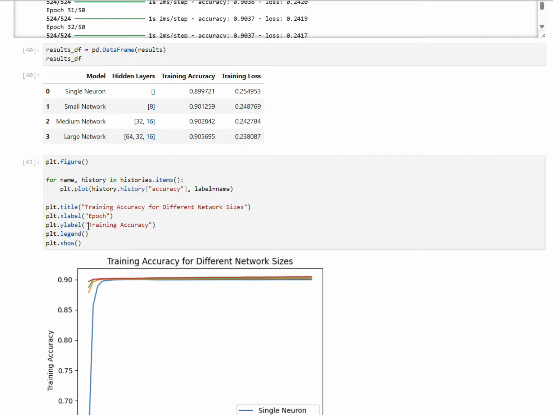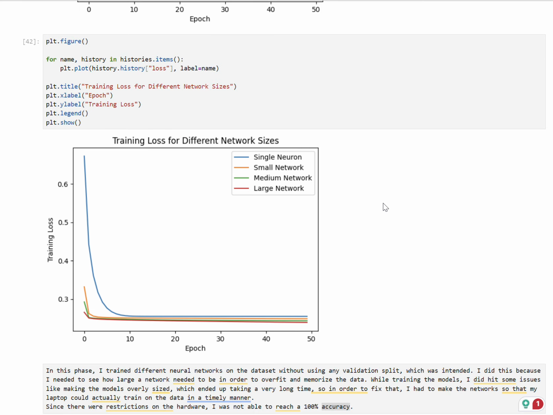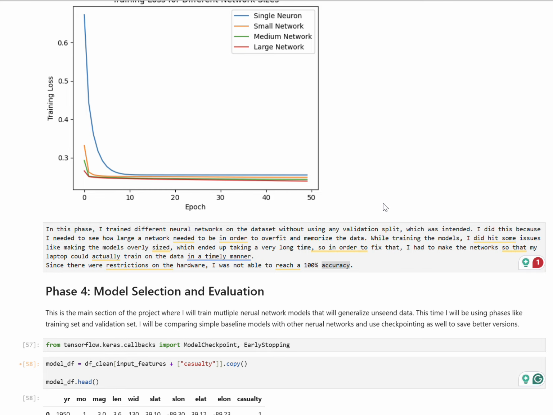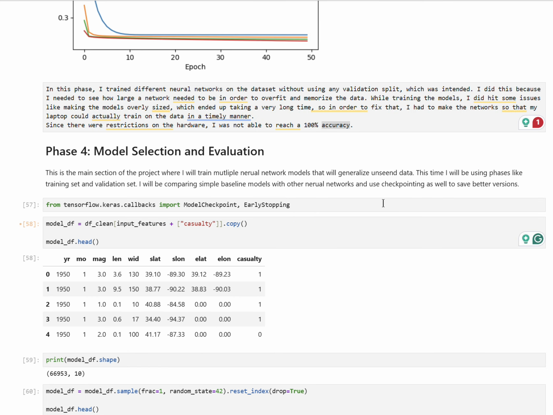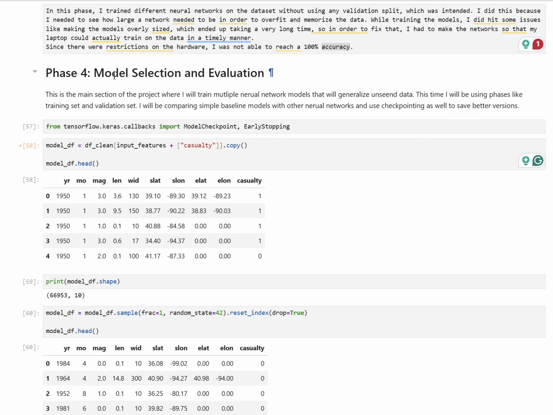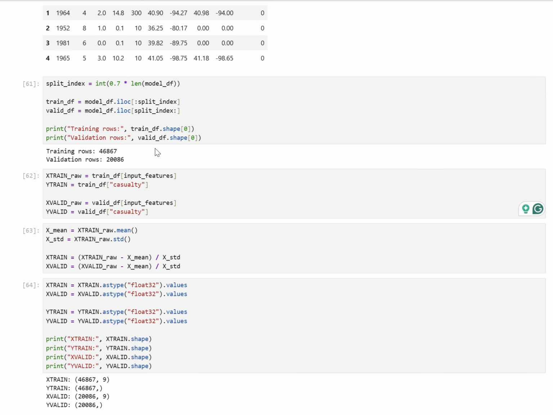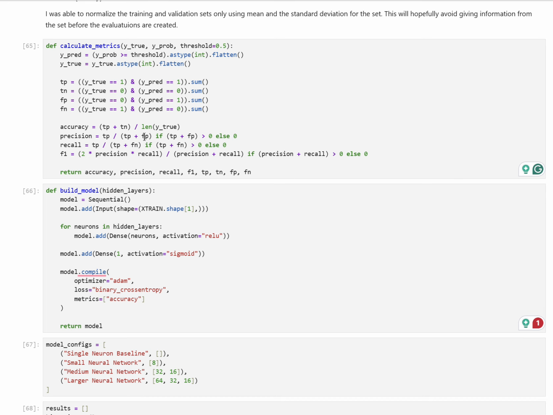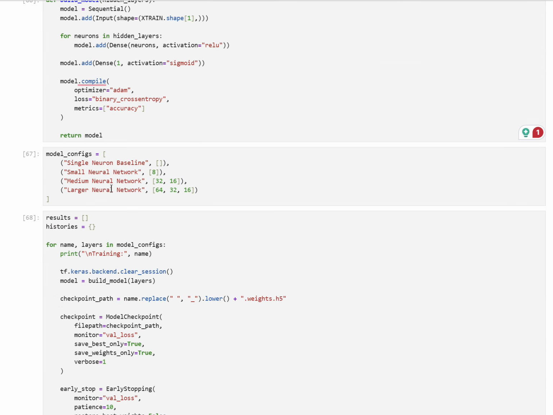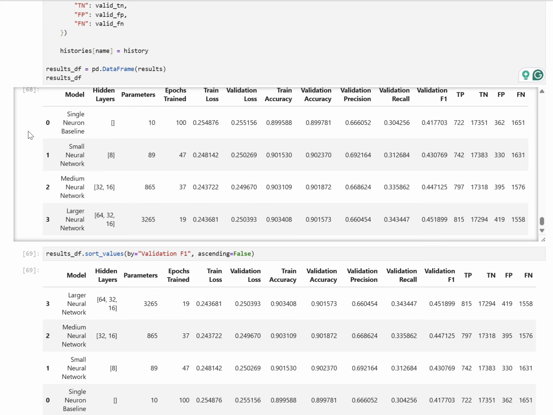But for me, the most important thing was focusing on the F1 score. To keep going, it's running out of time. But phase four, this is when it gets more important to figure out. So I had to select a model that was the best, basically. And let's see, if I go down to where, yeah, here are my functions, because those are very important. My large neural networks. I made singular, small, medium, and a large network as directed by the project.